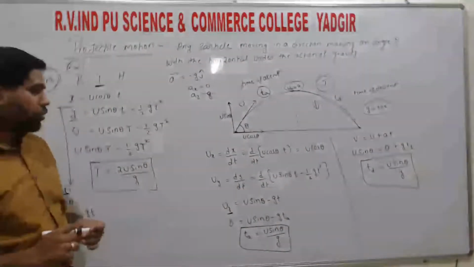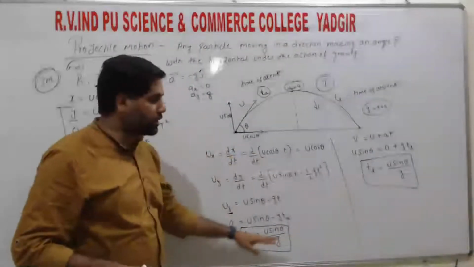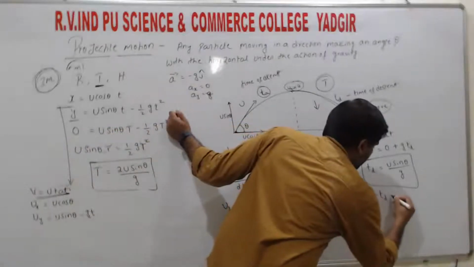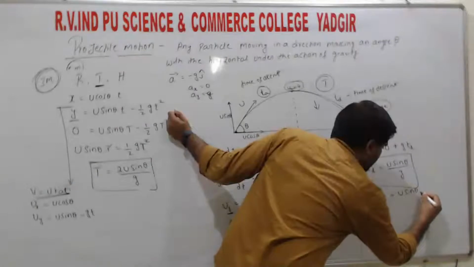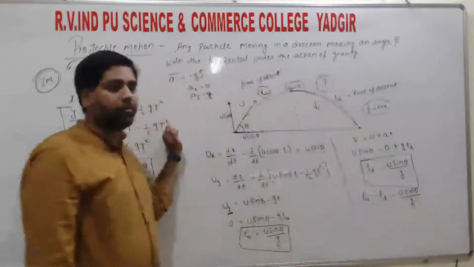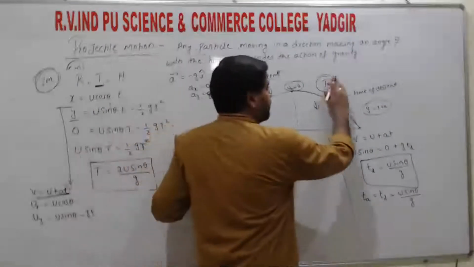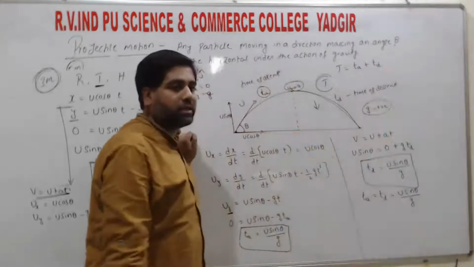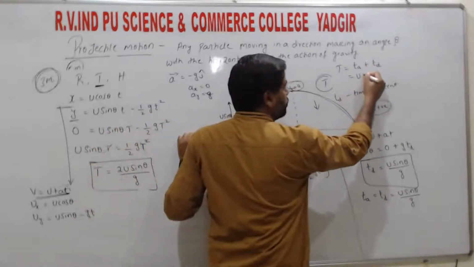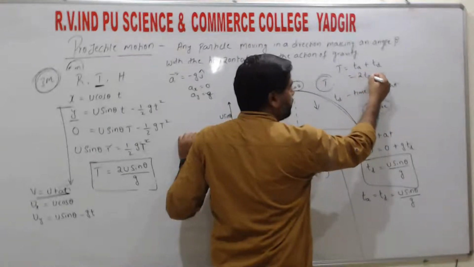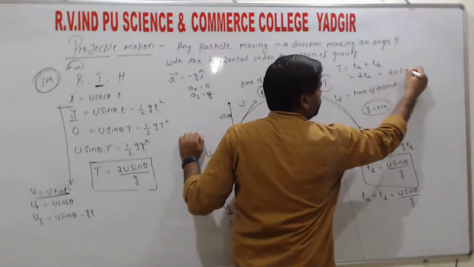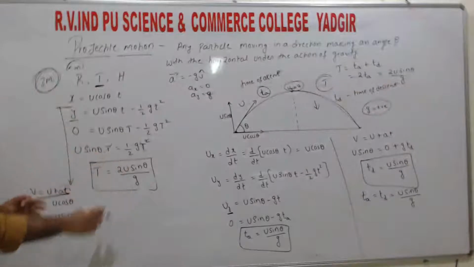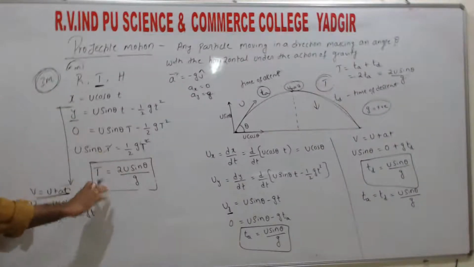right? So if we observe both, what can we say? Time of ascent and time of descent have the same formula, right? So that means time of ascent is equal to time of descent, that is equal to u sin theta divided by g, right? So from this we can write time of flight is equal to time of ascent plus time of descent. Since both values are the same, it is 2 times the time of ascent, that is equal to 2u sin theta by g, right? You can derive it by both methods, but this one is the simplest method to find the total